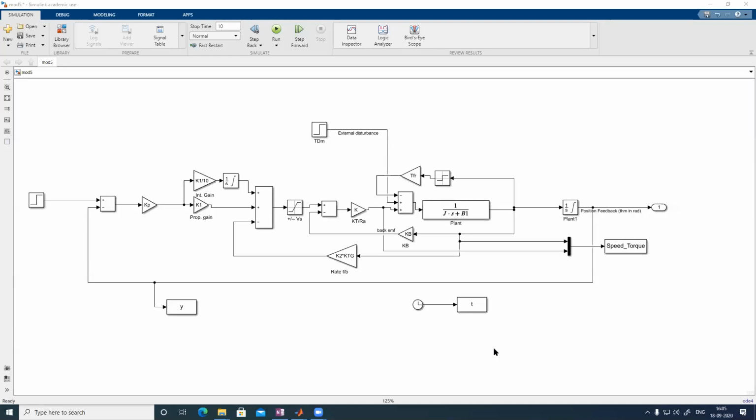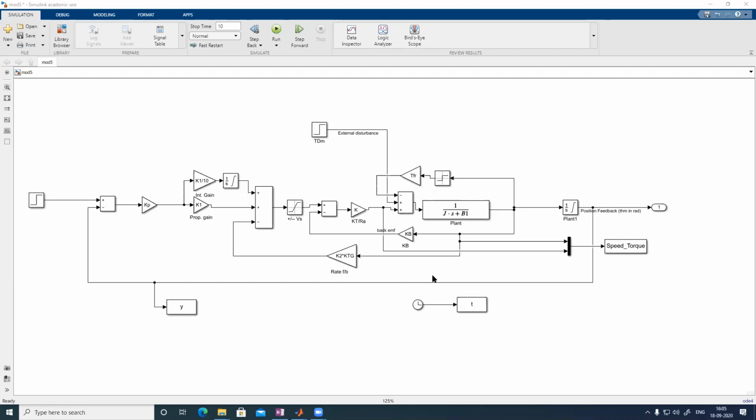Sir, I haven't done any linearization currently, so it is showing an error, sir. Do I need to give input and output perturbation points? That is for linear system analysis only. Here you don't need to give that. If you give input perturbation and output disturbance, it will linearize the entire model as input-output linearization and give you a linearized model. Here you are analyzing the nonlinear system, so you cannot do whatever you did for linear analysis.